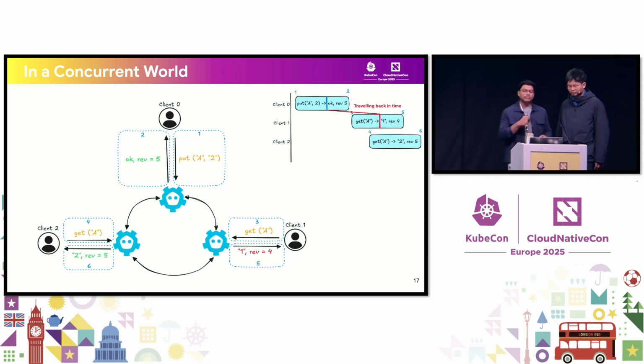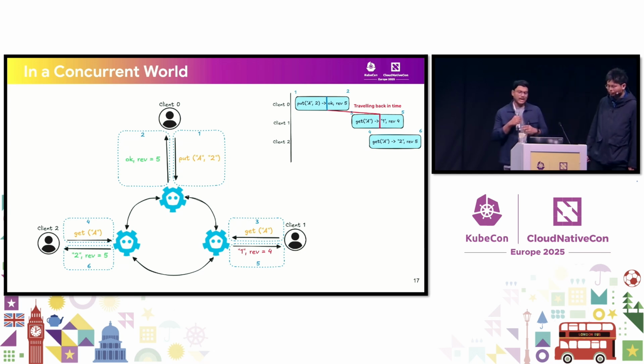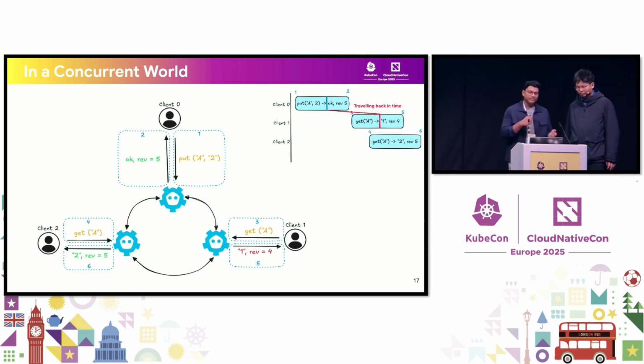In an alternate scenario, we can see the client 0 make the same put request, and it gets completed almost instantly. So the response of OK, revision equal to 5, is received at that instant. In this scenario, if client 1 makes a get request, and it has been completed, and already client 0 has seen the value of A equal to 2, client 1 cannot see the value of A as 1. And that's what is happening here, which is what is breaking the system, and that is what we want to